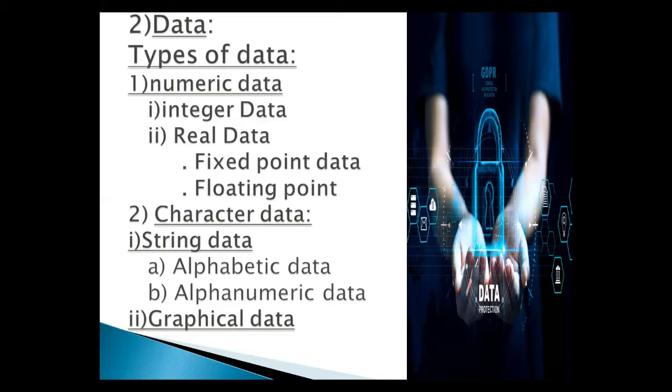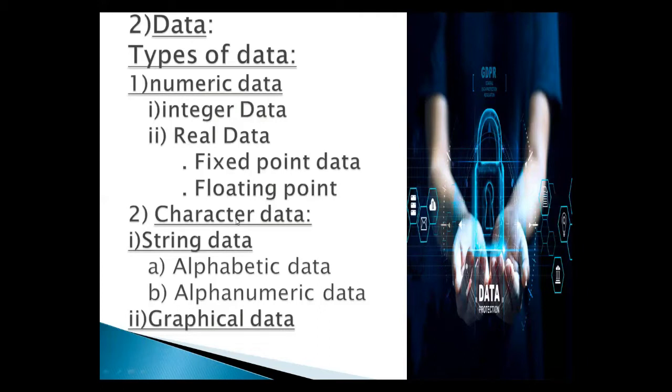The data which is in the exponential form can be represented in the floating point notation. Examples of floating point data are the speed of light, mass of atomic particles, distance between stars, etc. These values can be fed into the computer as 1060E. Now, second is the character data.